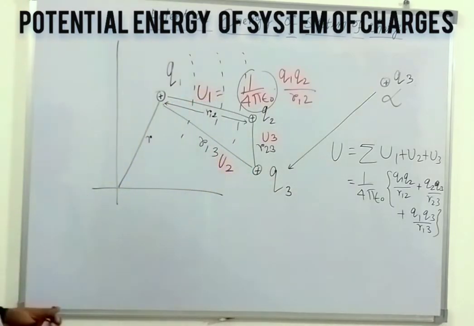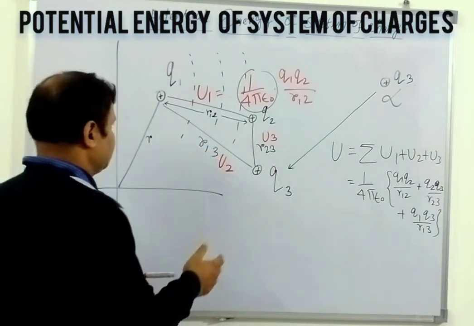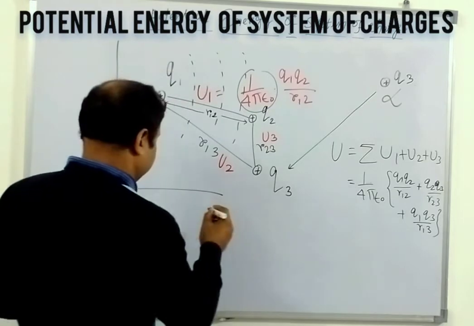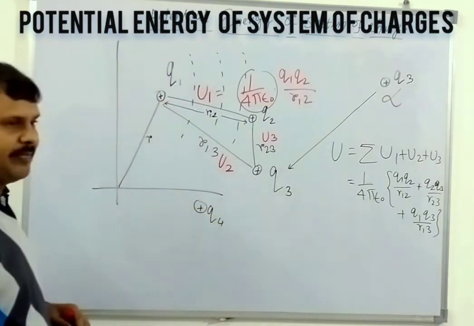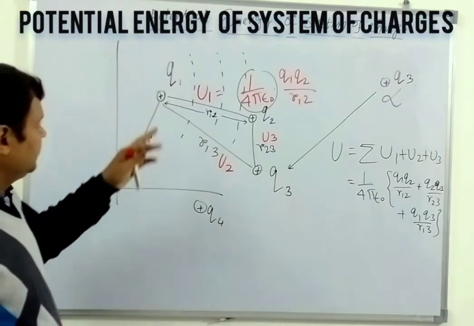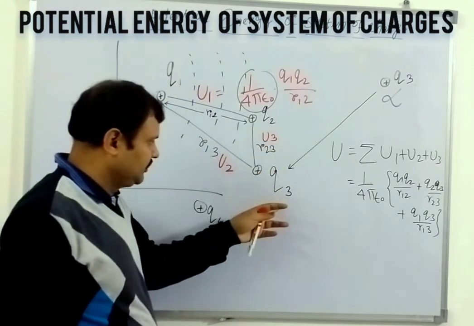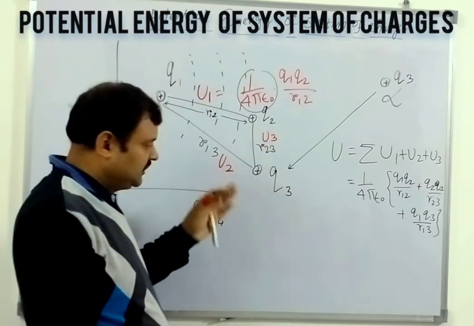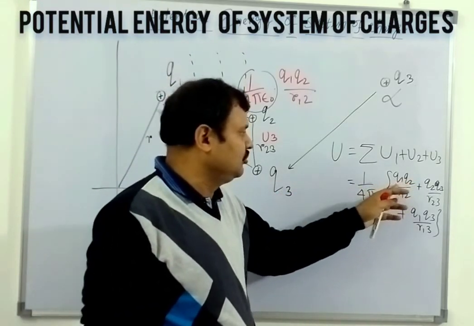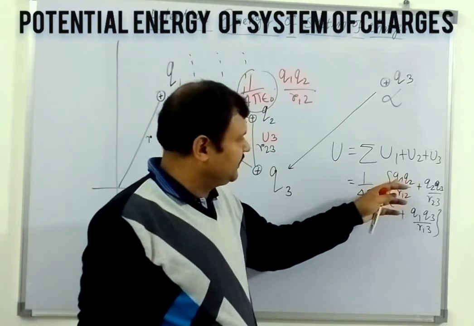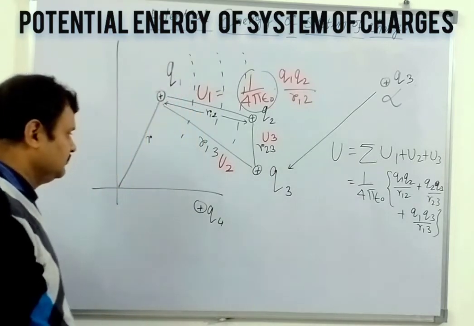Similarly, in the case of a 4-point charge system, suppose we want to insert another charge, Q4. Already all these are working. Here one thing you need to remember: either you place Q1 first or Q2 first or Q3 next, it does not matter, because this is a multiplication. Q1 and Q2, either you multiply Q2 into Q1, both are the same. It is a scalar quantity.